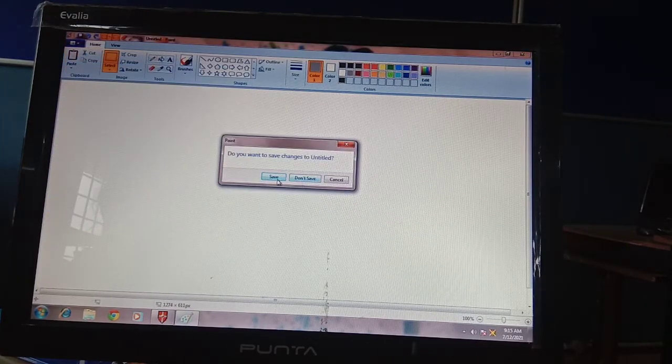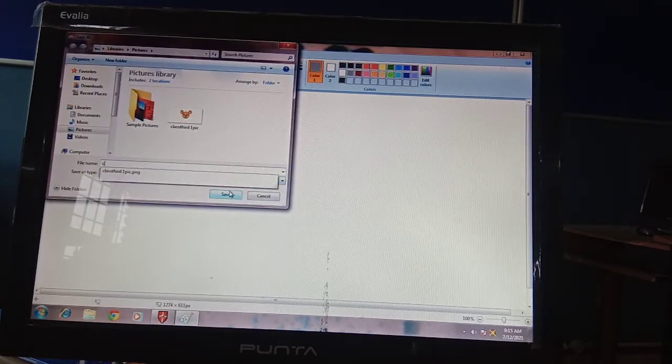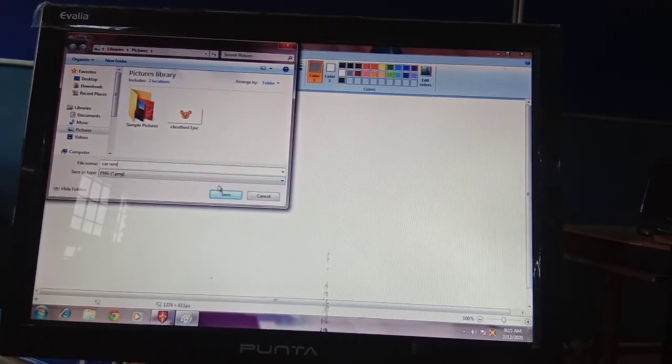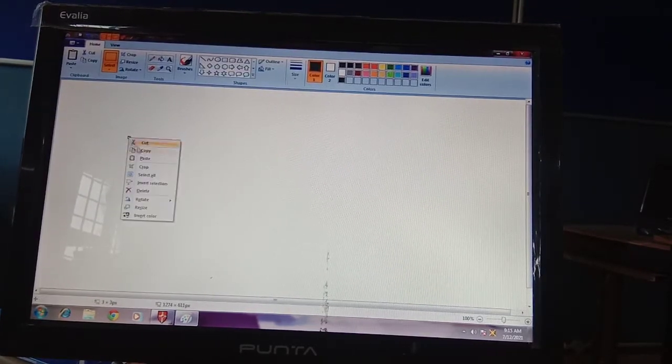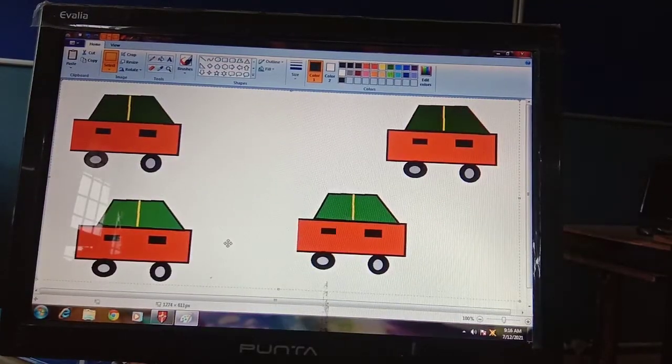For example, say the car is removed from this picture, so I am writing the name of the file as car removed. Okay, and now this is a new page of your paint. Here I am pasting it. Now it is pasted here.